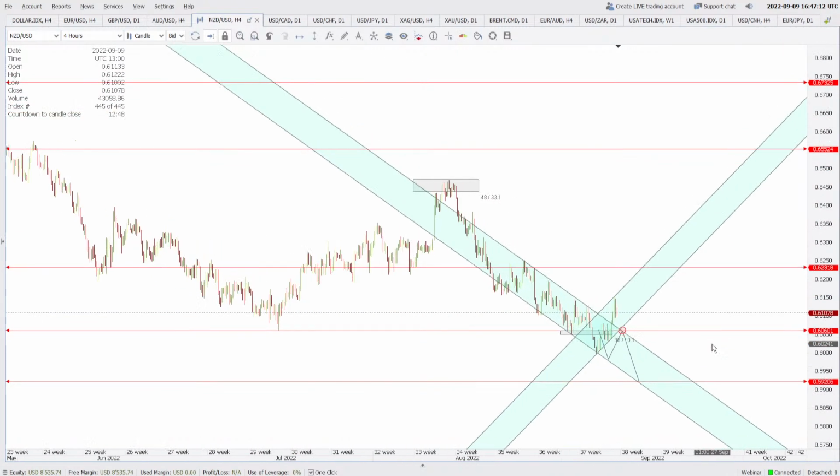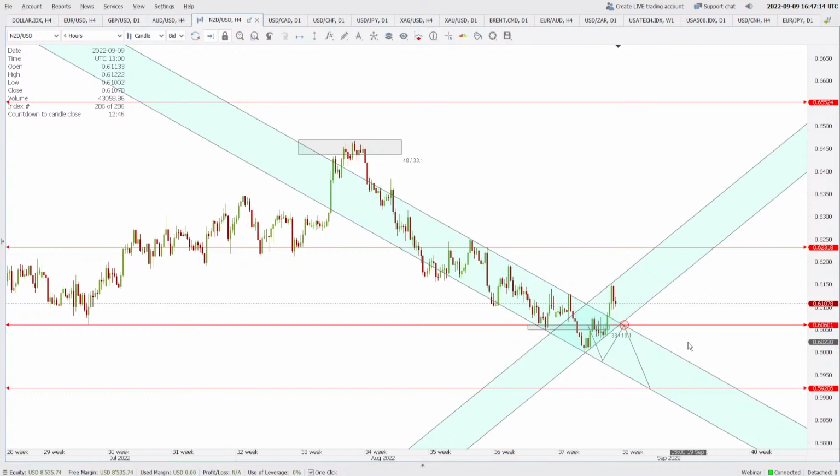This downtrending structure on the 4-hour for the time being is broken already, because this was the recent high that the price had made. Thereafter it made a low here, and now this high here has already breached this high and given us a close higher. Now we are expecting a higher low to be formed, at least on the 4-hour.